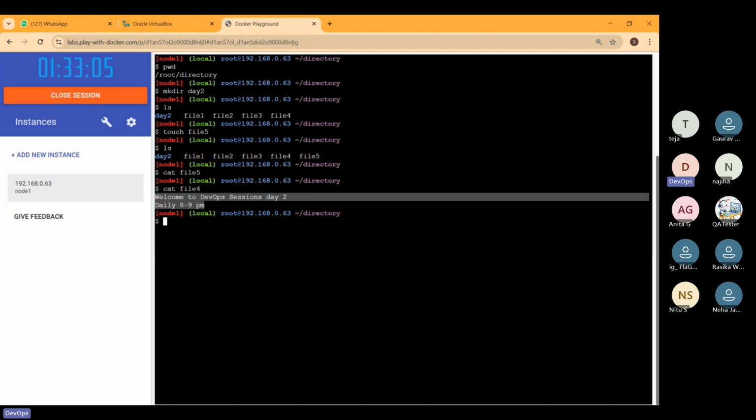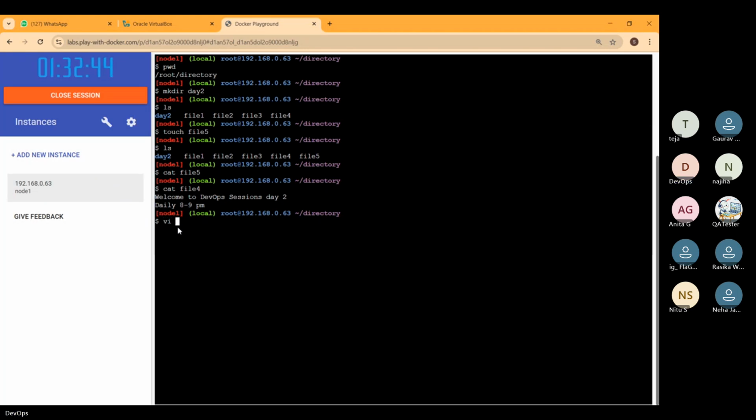Okay, so here we have created files using the touch command, that is, empty files. Let's say we have created file 5 and now I want to add some content into it. So I will use a notepad editor. In Windows we use Notepad. In Linux we have the vi editor. Then we have